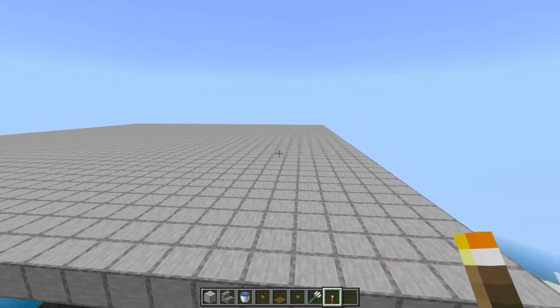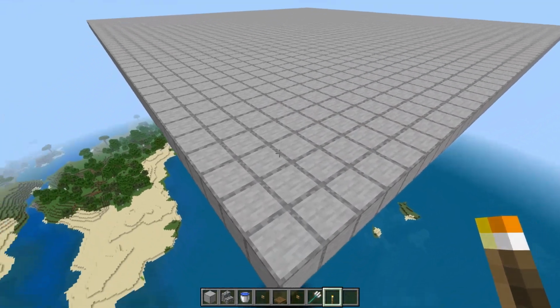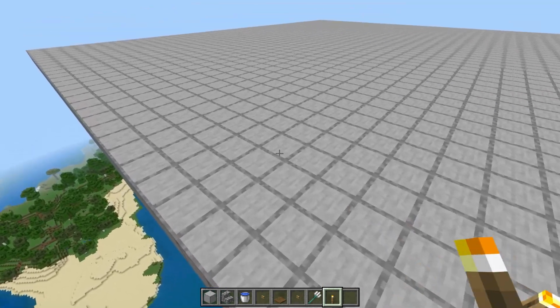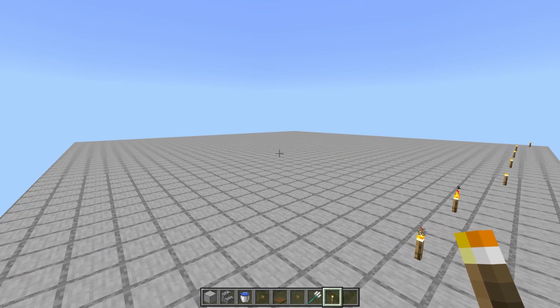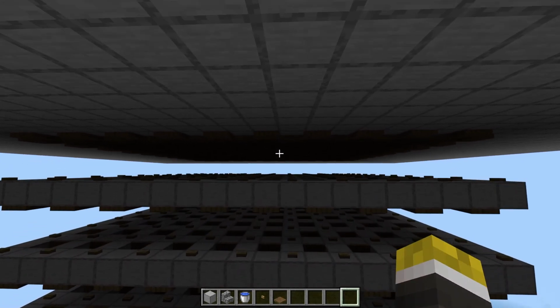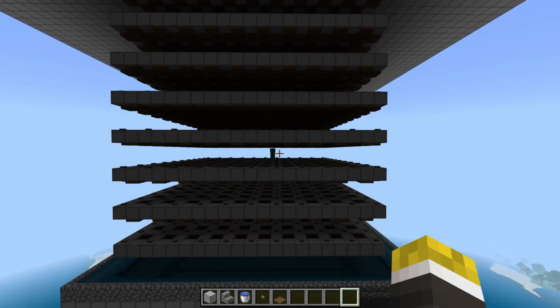Now, one more step that I did forget to mention, you want to make sure that no mobs spawn up here as well. So what you want to do is take a bunch of torches and place them up on this area, just lighting it up enough so no mobs can spawn up here and slow down your rates. So as you can see now, I have that final layer of trapdoors,